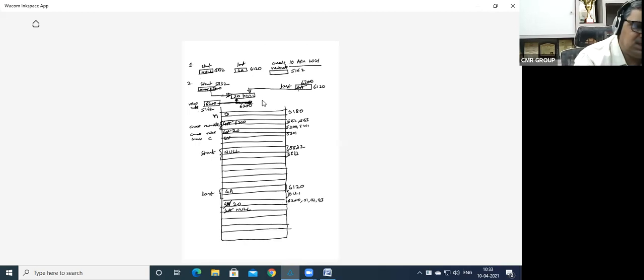So since the if condition gets satisfied, if start is equal to null, as you have taken in the program, it is true. Start is equal to new node and last is equal to new node.